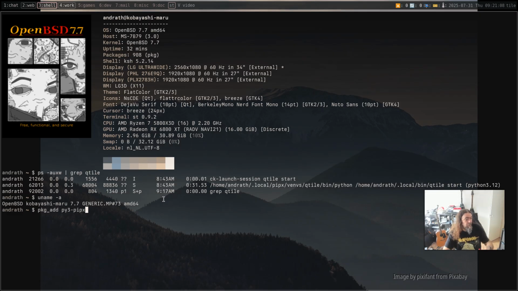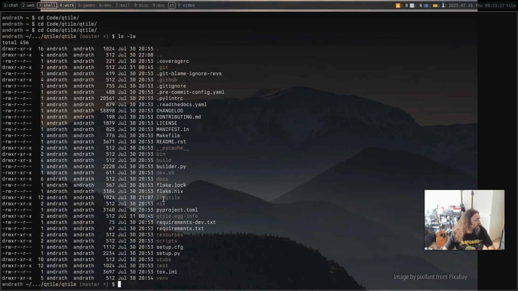That will install pipx, and then you basically go into the Qtile source code, and then you do pipx install this. This will install Qtile, and then if you run this,